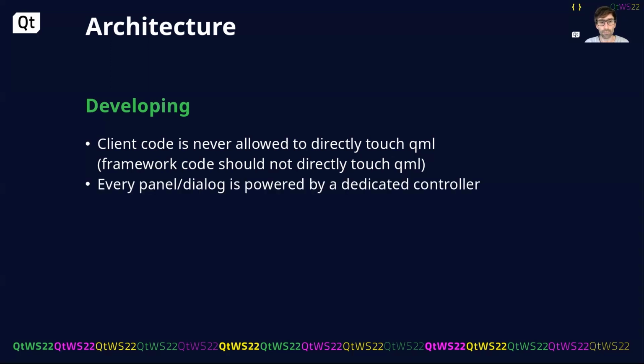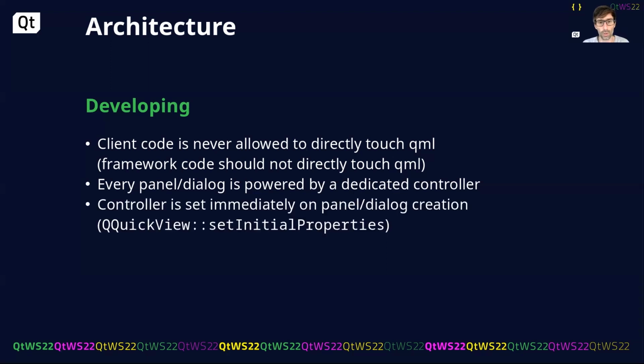So that's good. The way it works is that every panel and every dialog is powered by a dedicated controller. And a controller sounds more complicated than it is. A controller is basically a class that inherits Q object. So when you create a panel or when you create a dialog, you create a controller, and all of the communication from C++ to the QML happens through this controller object. So what happens is,